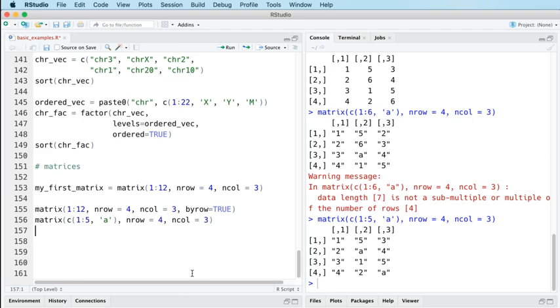So we've learned 2 things there. One, our matrix can only contain one type of value. And the other thing is that if your data doesn't divide nicely into your matrix, even by multiplying it, if that makes sense, then R will refuse to construct your matrix. So there we had 7 observations and a matrix that could contain 12 observations, and R refused to create the matrix for us. So that's a useful thing to know as well. Okay, so to go back to my first matrix, which we created on line 153 here,